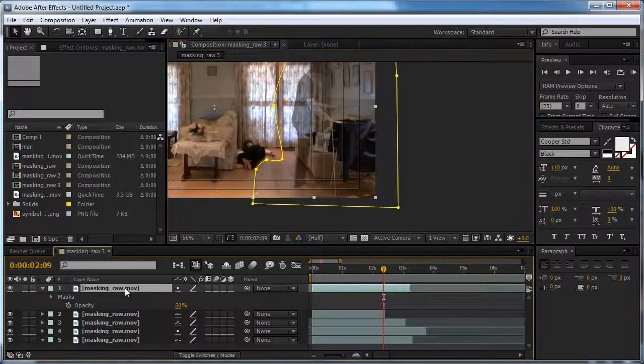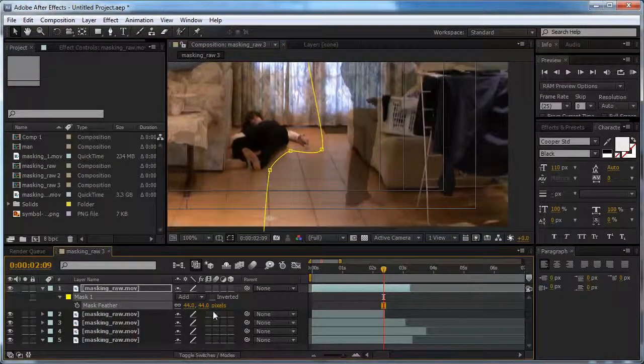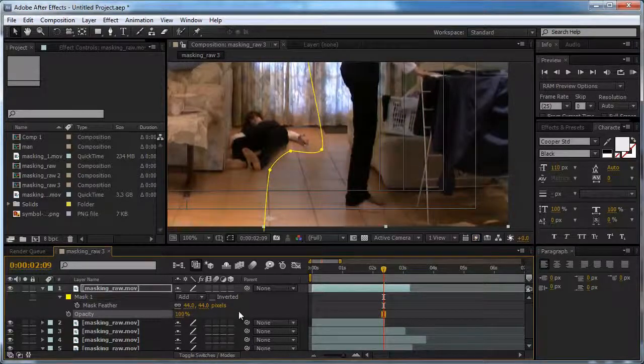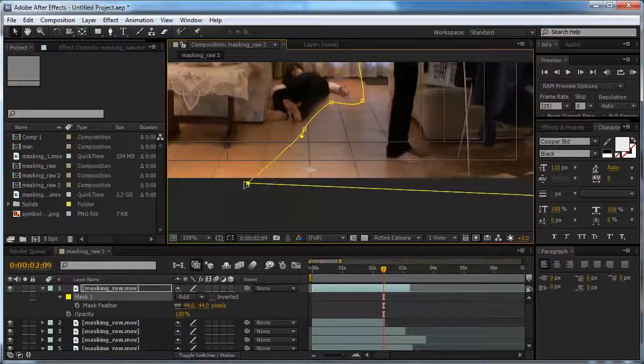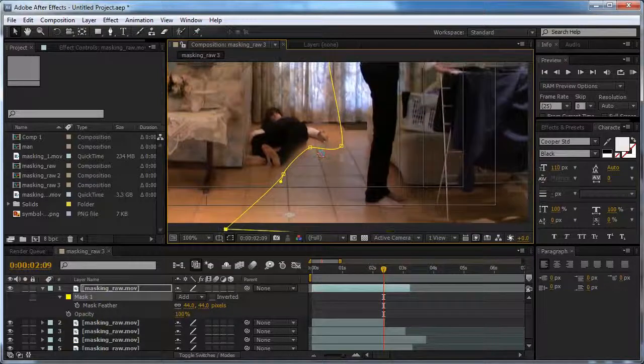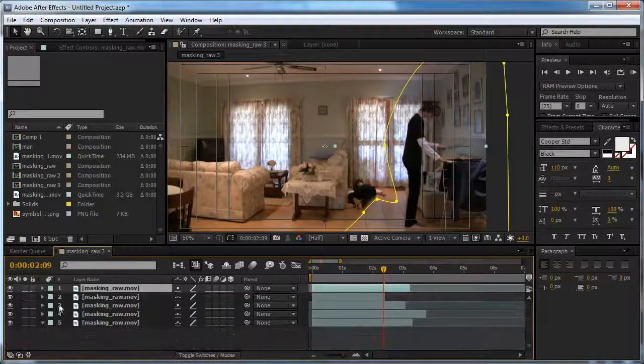Now, with the feathering, hit just F, and feather it out. Shift T for the opacity, and we can see that that doesn't look too bad. We might just want to extend the mask over here a little bit. As you can see, auto white balance is really a problem, but we can fix that later. So now we